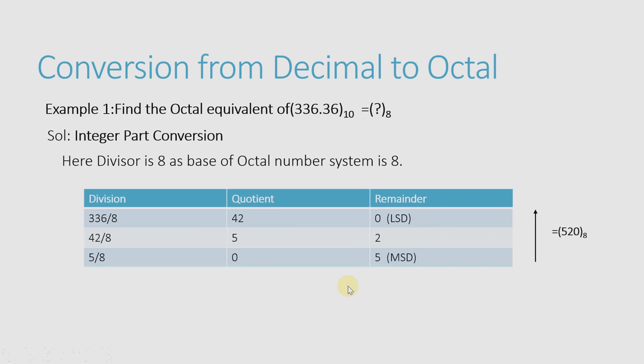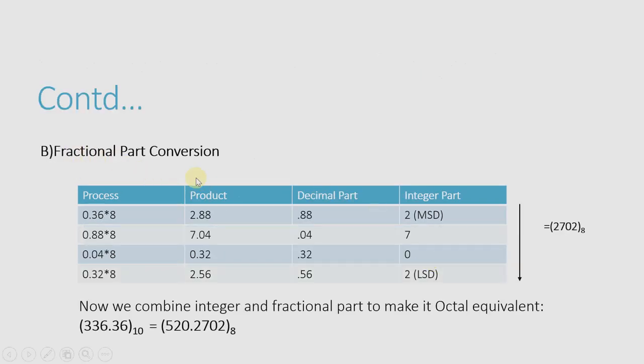We can keep on dividing the number, we get the quotient and the remainder part, then we pick the quotient, divide it again by the divisor, and we will get the quotient and the remainder. We will again pick the quotient till we do not get the quotient 0. We keep on dividing and we get the remainder. Again we will write the remainder from downward to upward direction. Now next we see how we convert the fractional part.